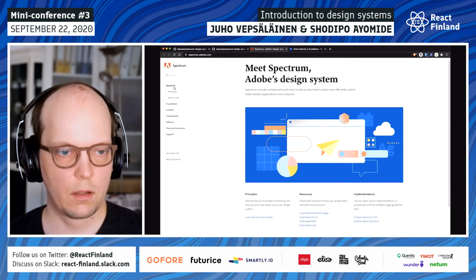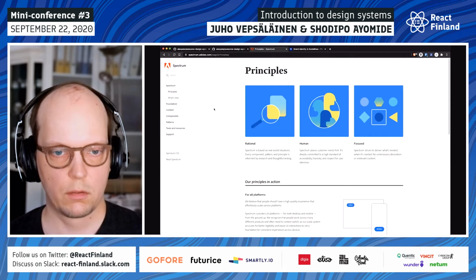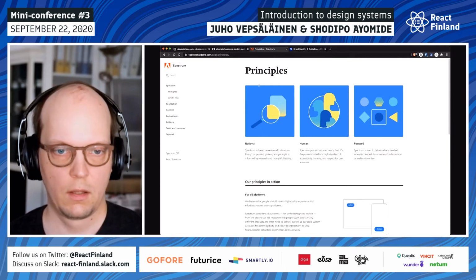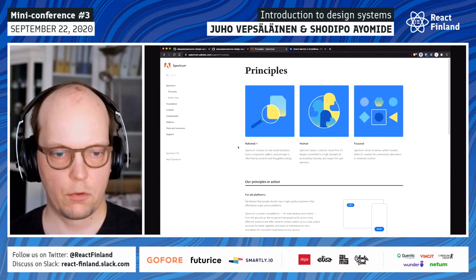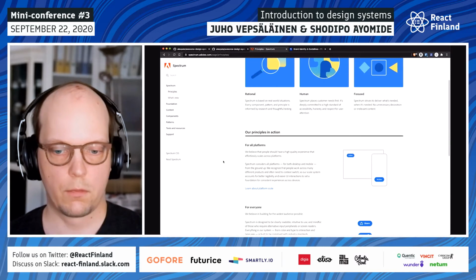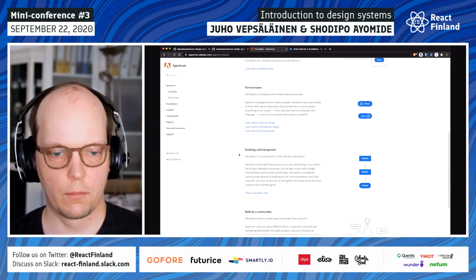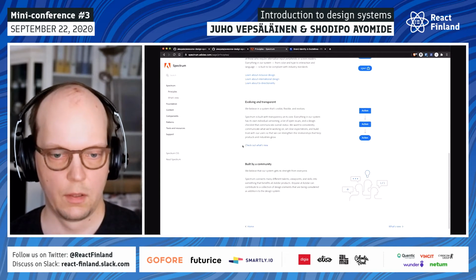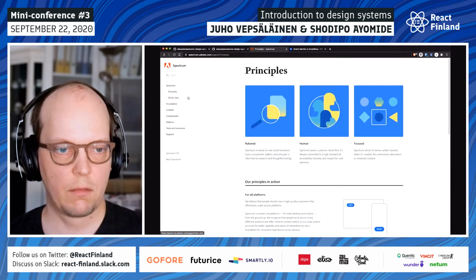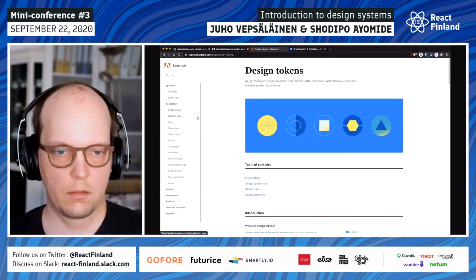Let's say I went to work for Adobe, then I will go to the design system and I will start reading. They follow certain principles in their design. They do it for all platforms, for everyone, and it has to be evolving and transparent, built by community. So you can very well see what even the values are. It's quite interesting.